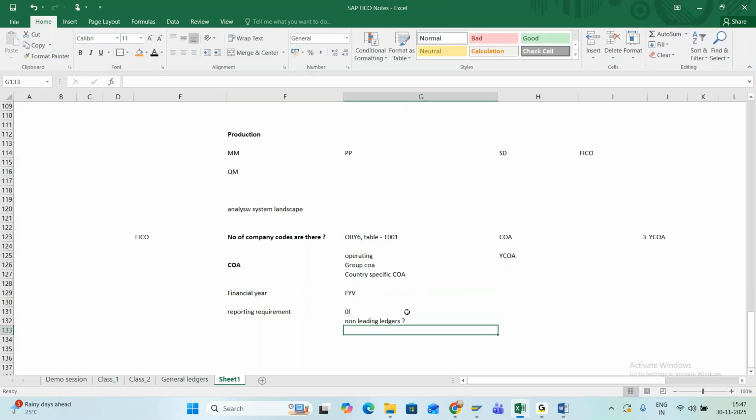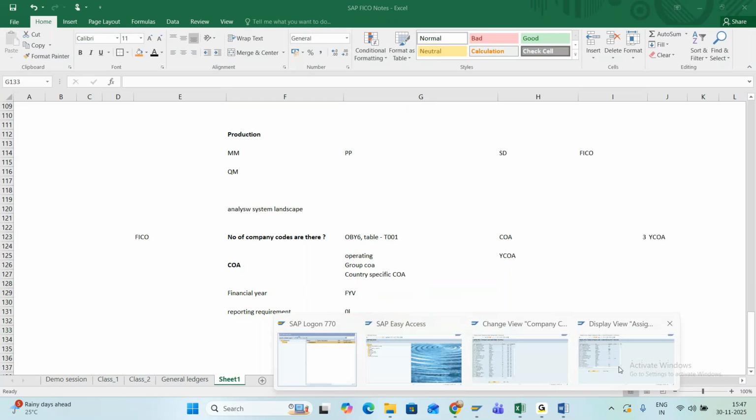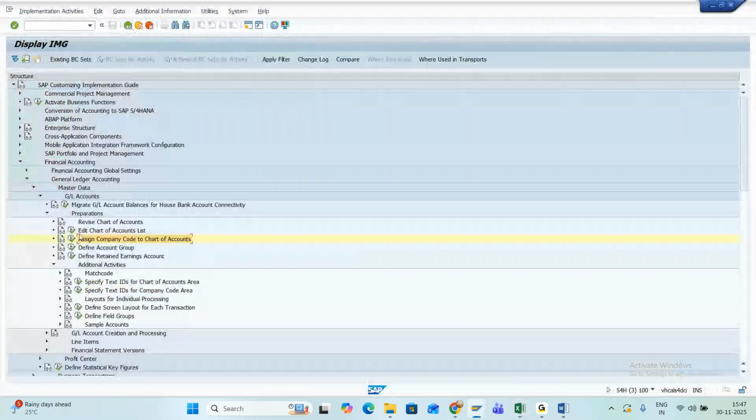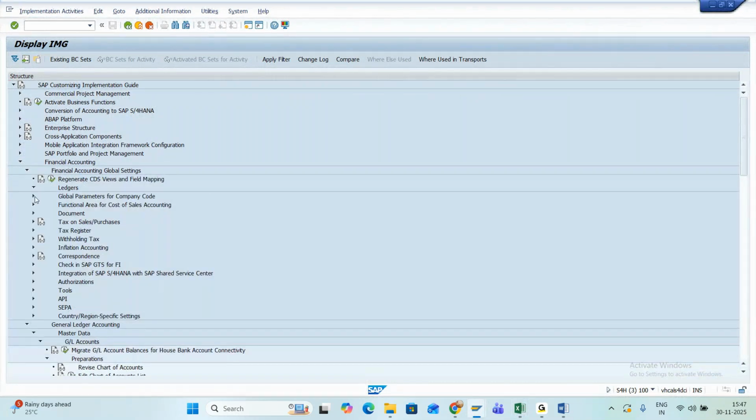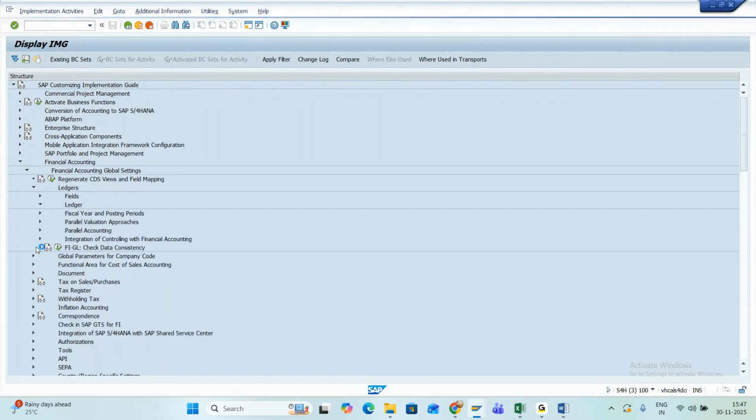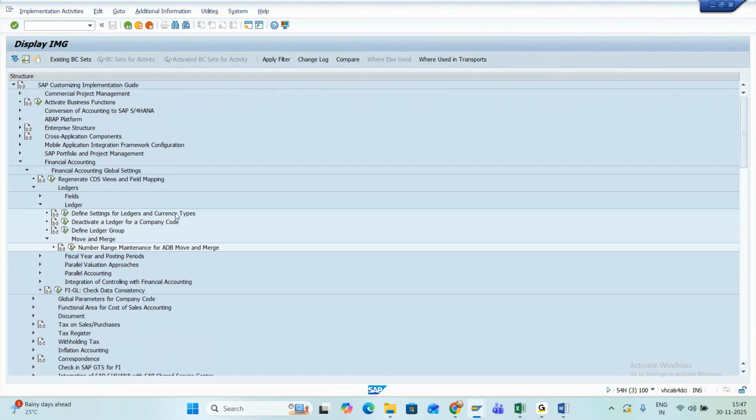How many non-leading ledgers are there? For example, let me go to the path. So let's go to Financial Accounting, Global Settings, Ledgers. Here you will have defined settings for ledger and currencies. When I execute that,